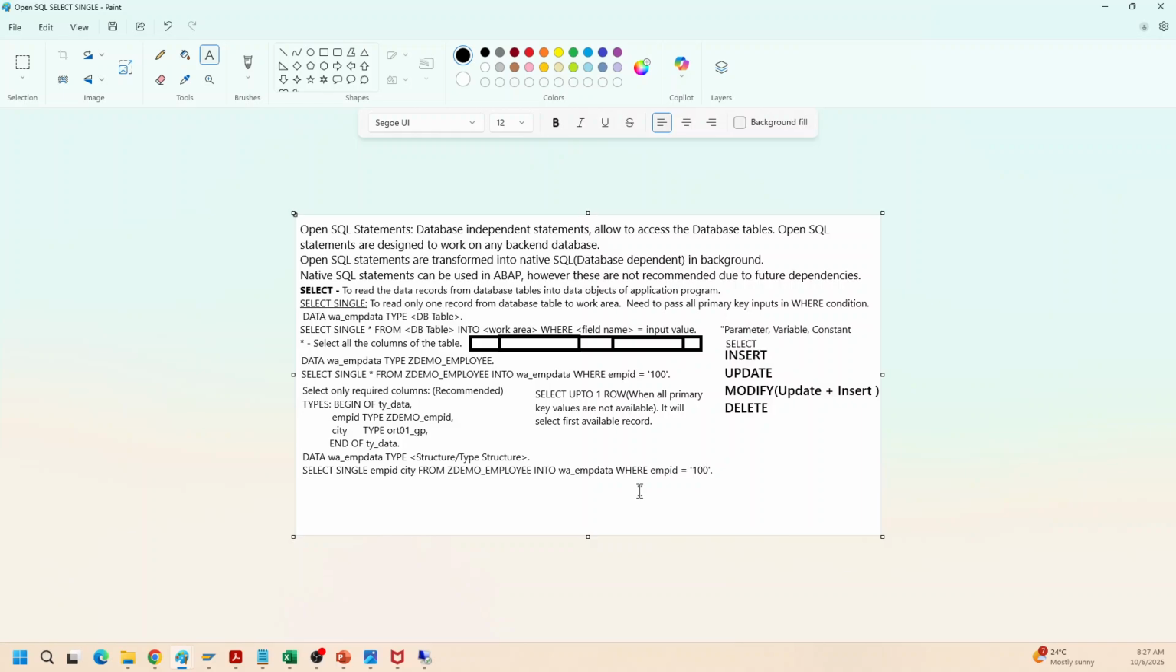Now, we have also created select statements using inline declaration. How did we do that? Select single, mention the columns. We use a comma here. In a normal select statement, we do not use a comma between the column names. But in inline declaration, the new ABAP syntax, we use a comma. Okay, city from